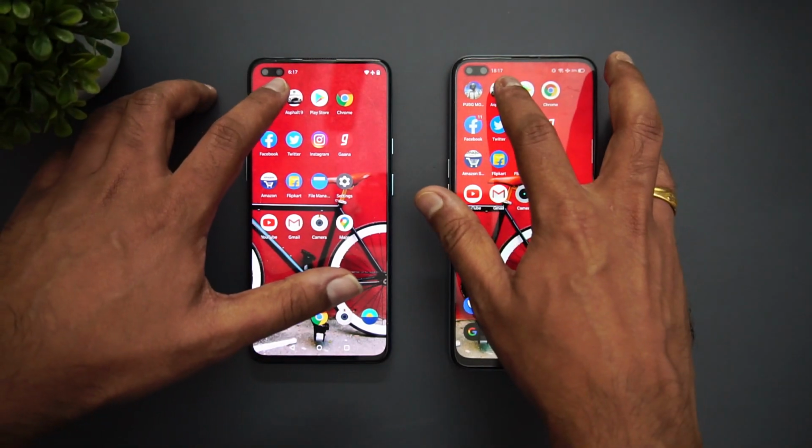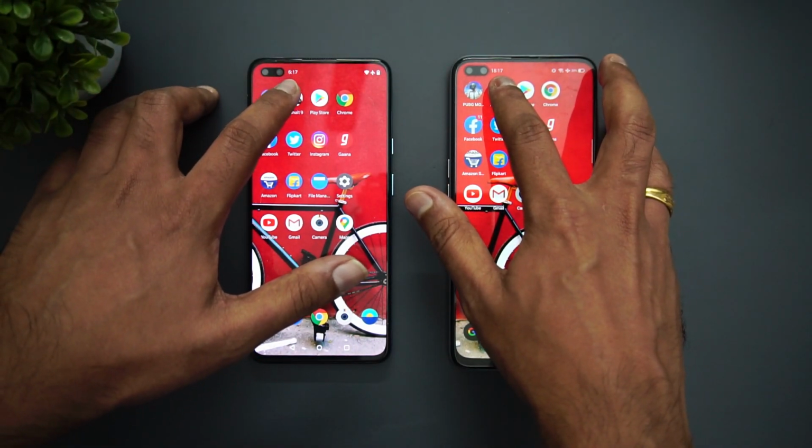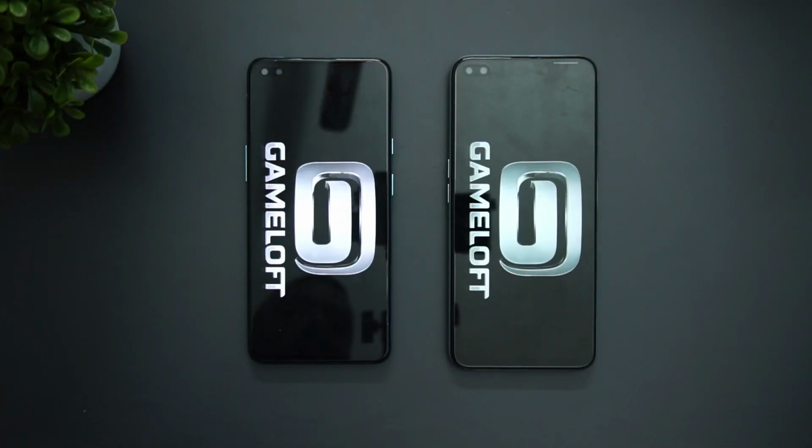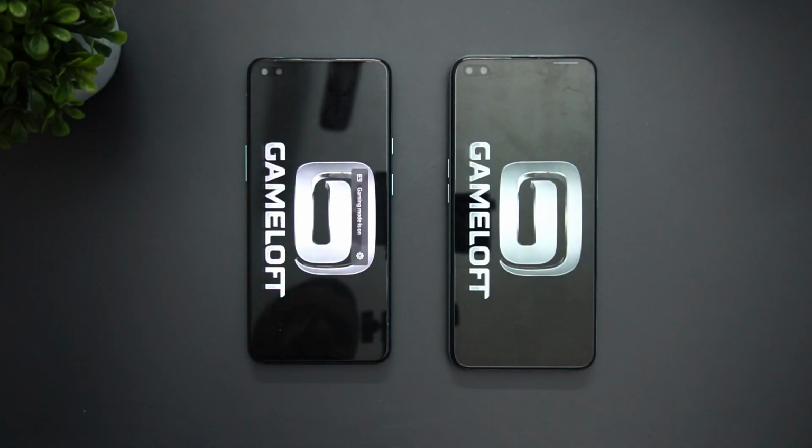So next app is Asphalt 9. Let's see which is able to load Asphalt 9 faster. So let's wait for it.